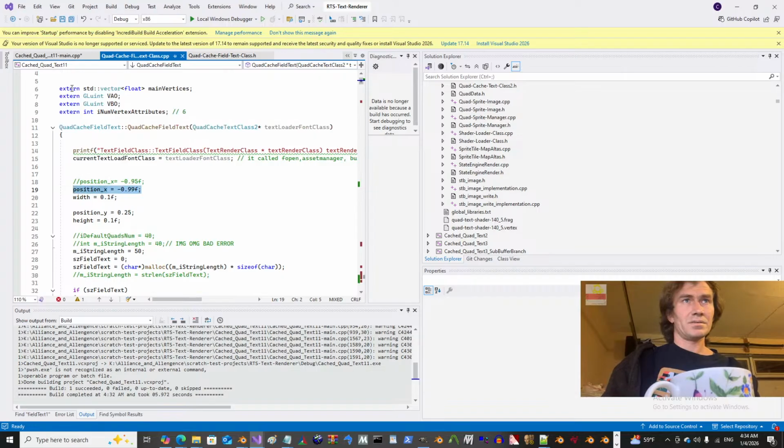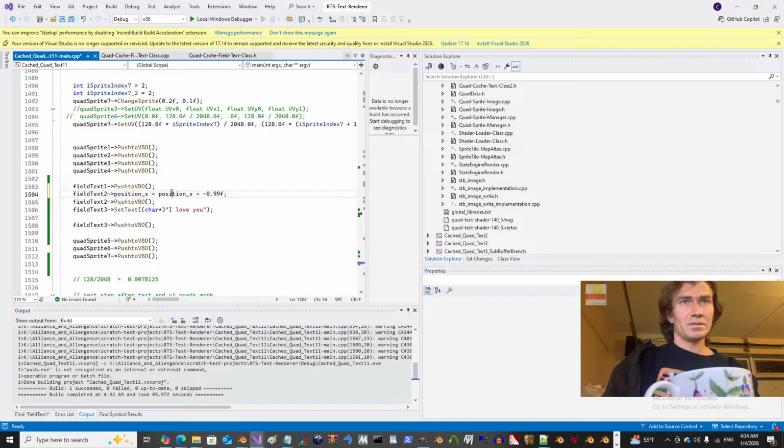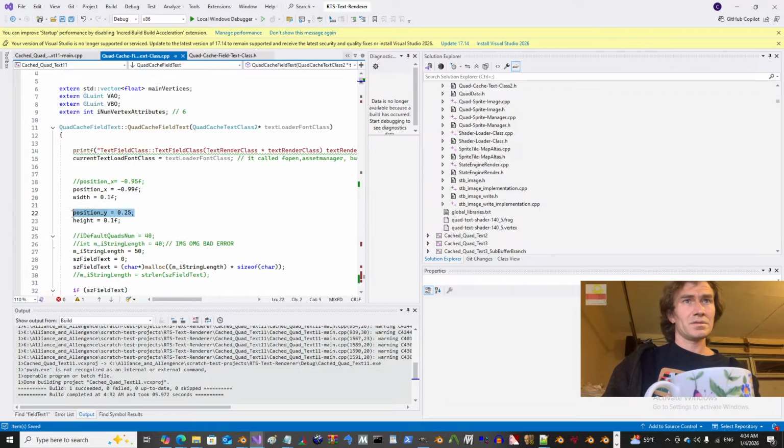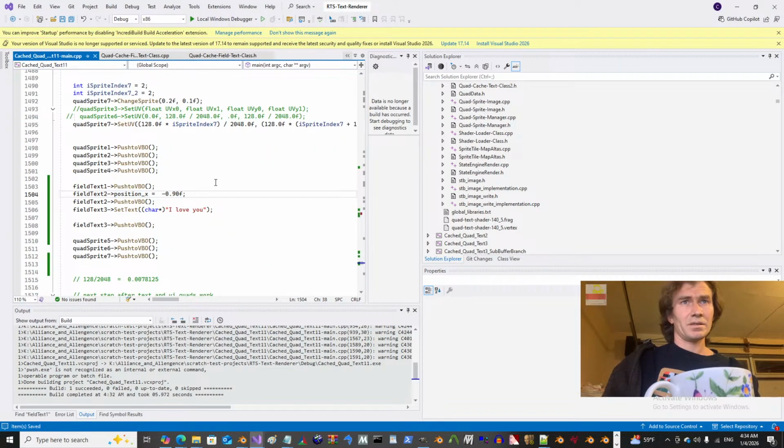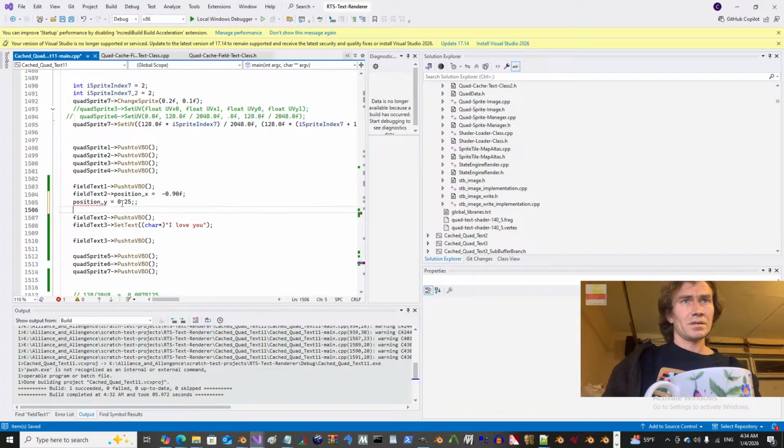Alright, so let's set it to minus 90, minus 0.90, I mean. And Y position, what was the default? 0.25, so let's set it to something higher. Same thing for field 3. Before we push it to the thing, I'll just do some copy paste and Control V, Control C real quick. And we'll just change only the